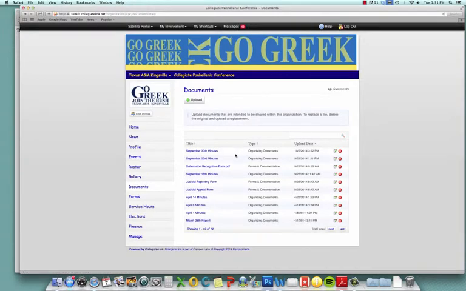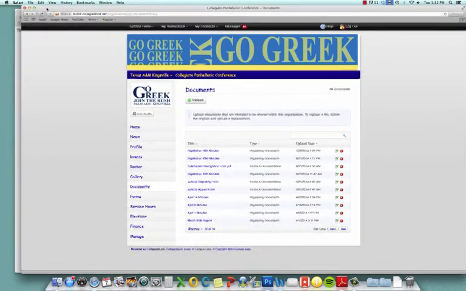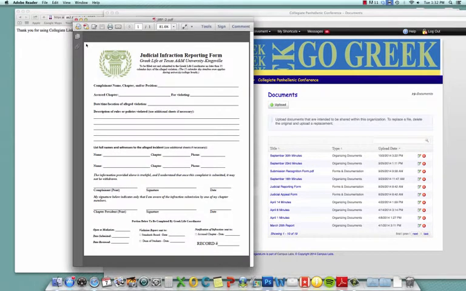Next is our new judicial procedure. The actual procedure itself is still under review. However, the forms are set. The first form we have is a judicial reporting form. Oh, I lost that one. There it is. The judicial infraction reporting form is any complaint that can be submitted by basically anybody in the